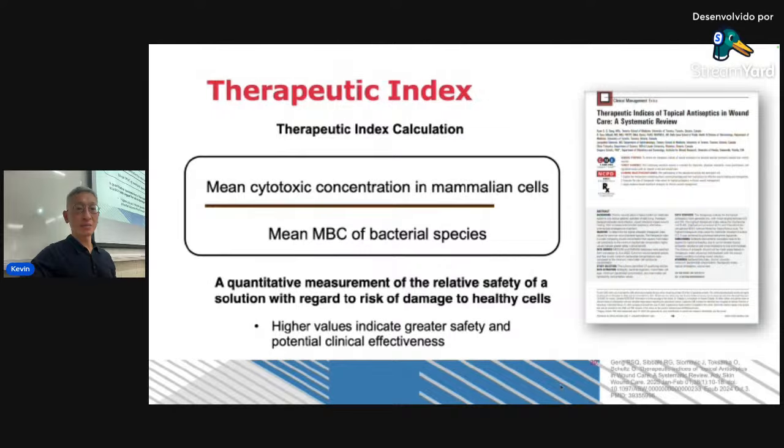So the higher the number, the better the index, meaning it's more effective in killing bacteria but at the same time not cytotoxic. The lower the number, the less favorable is the solution, meaning that the